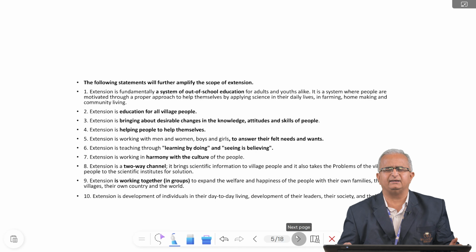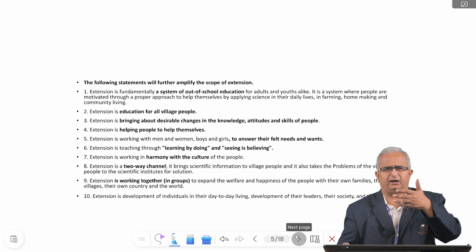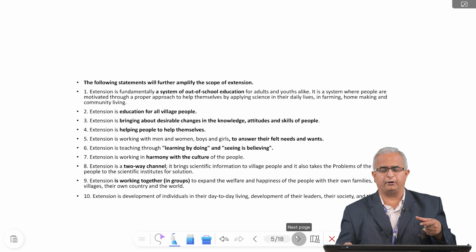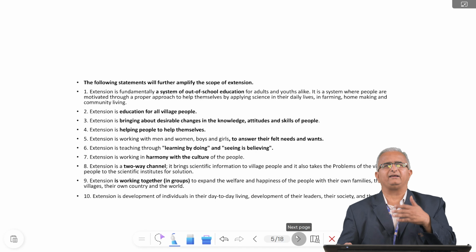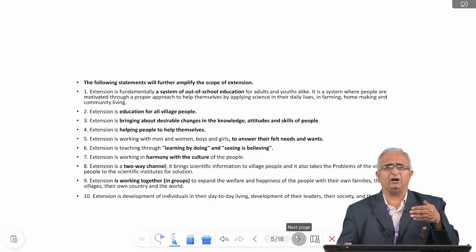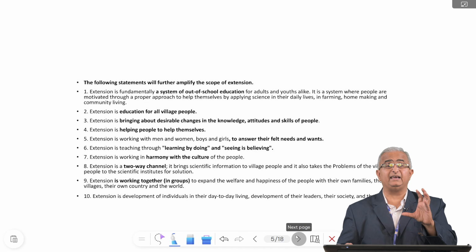The extension change agents come and tell about so many changes, or the scientists develop different technologies, and the farmers come to know about those technologies. Whether these technologies will work in my field or not, how do they know? For that, the extension workers or the change agents use demonstrations. Demonstration is nothing but showing the result. In a result demonstration, the worth, the value of a recommended practice is shown in the farmers' fields, so that the farmers, seeing is believing.